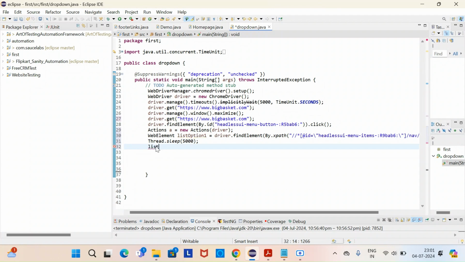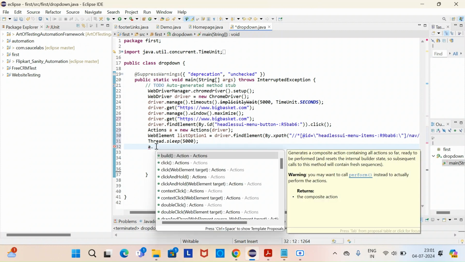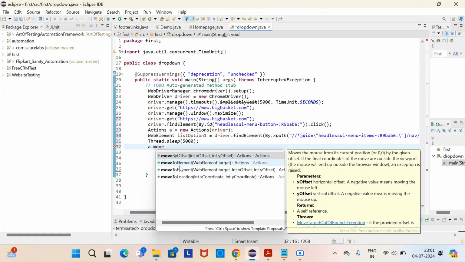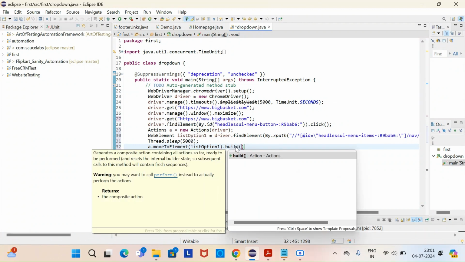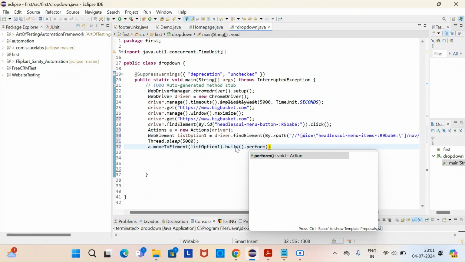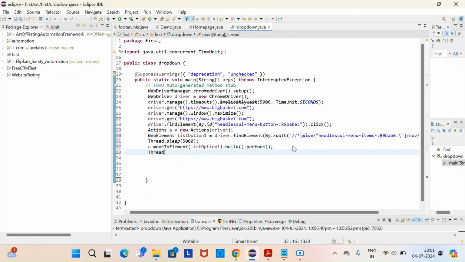Then list option a dot move to element, right? Move to that first option. So move to element, pass this web element list option 1 as an argument for this method, and we need to build this chain of action and perform to execute. We'll ask the driver to sleep again. Actually we need to use implicit and explicit wait.